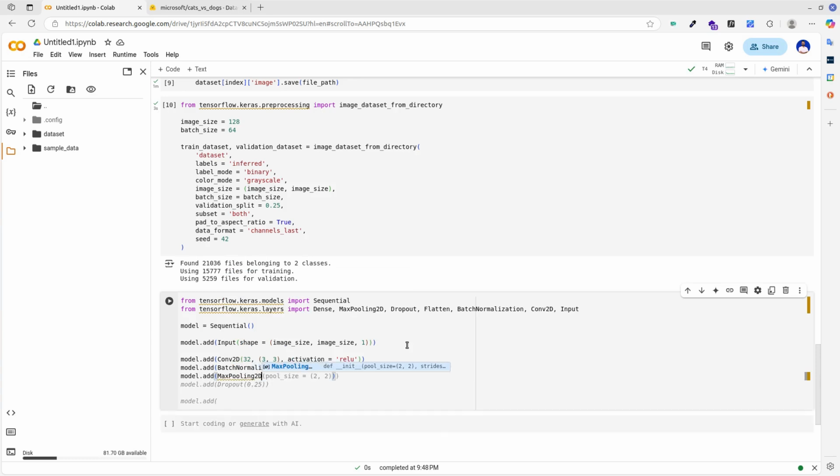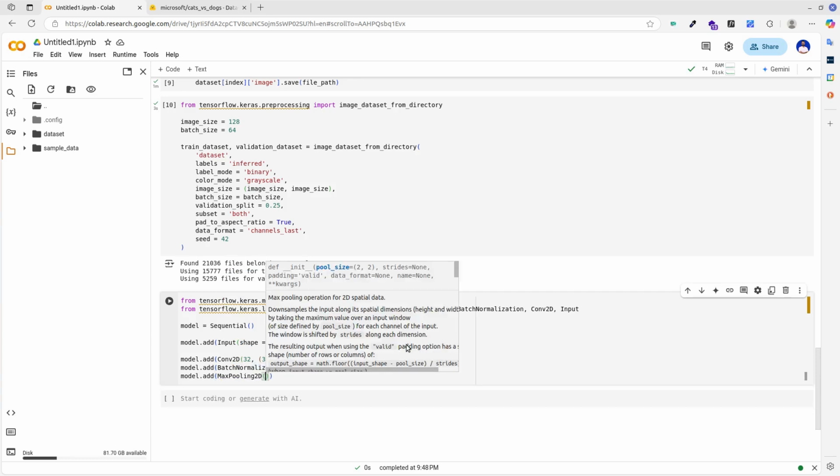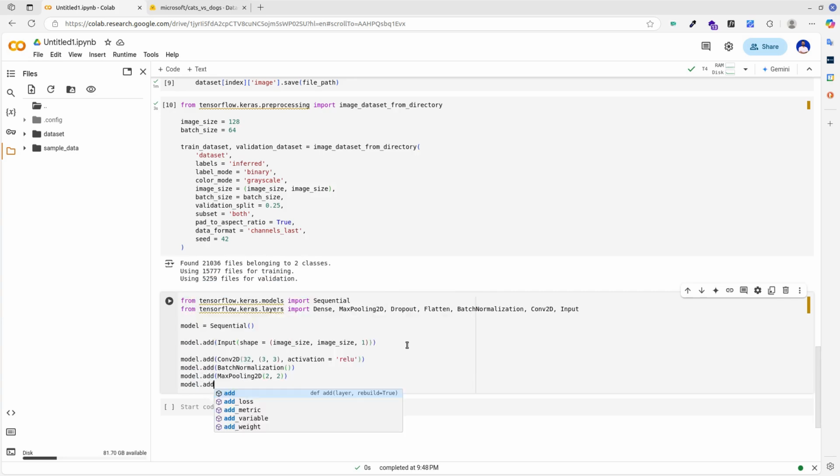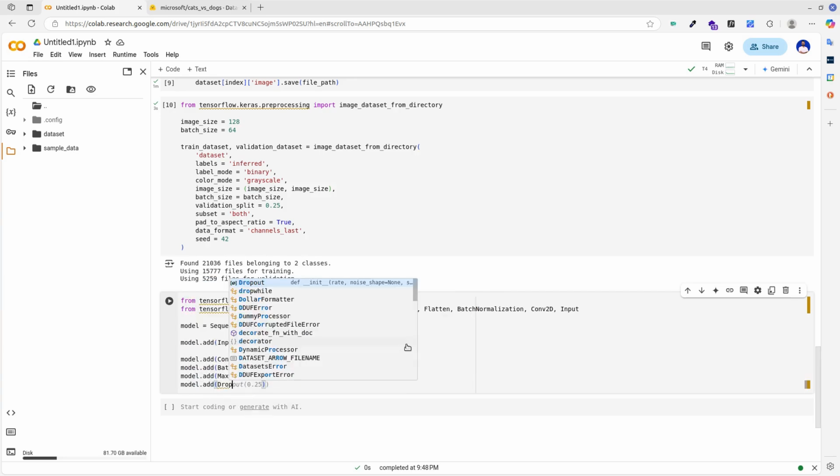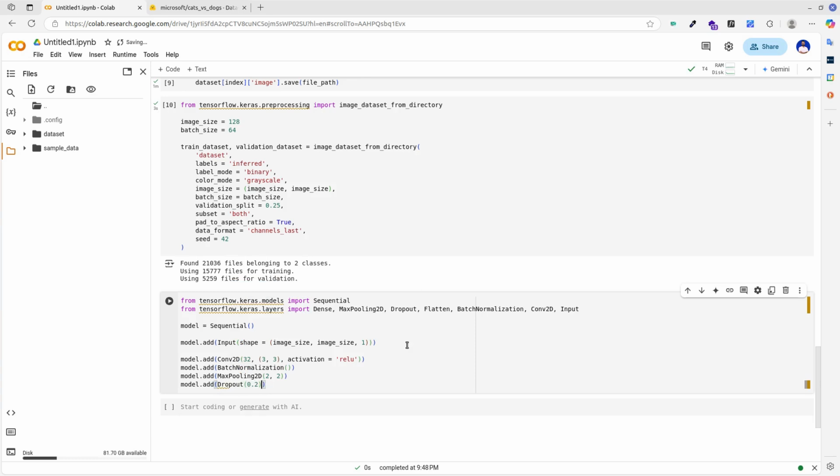This type of layer is used to downsample the feature maps produced by convolutional layers, reducing spatial dimensions and computational complexity of the network. Finally, the dropout layer randomly sets input units to 0 with a frequency of rate at each step during training. It helps to keep the model from capturing random fluctuations in the training data instead of the underlying patterns. In other words, it makes the model less prone to overfitting.